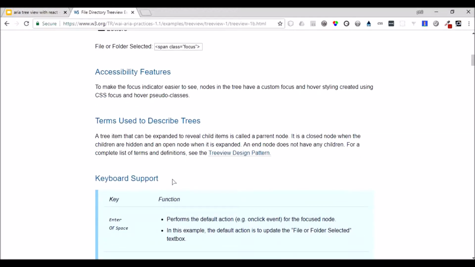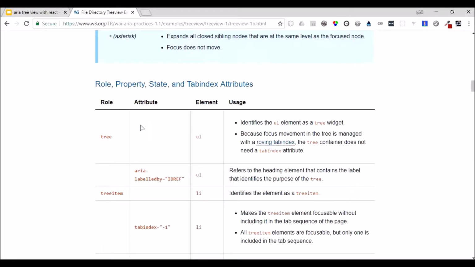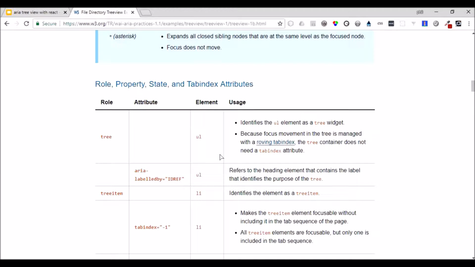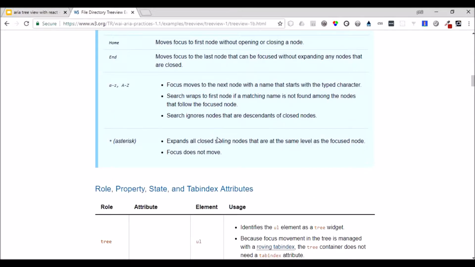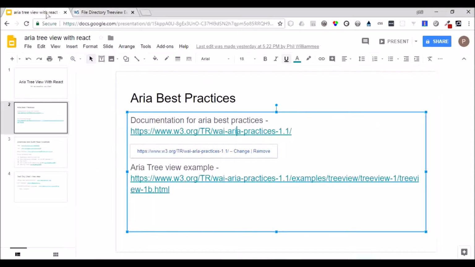And all of the use is outlined under here in keyboard support, and then how it manages the role, property, state, and tab index. So kind of what I did with this documentation is I copied it right into my project so I'd have it right there, and then I just fulfilled each one of these things one at a time as I went through. So then after I fully reviewed the ARIA best practices,